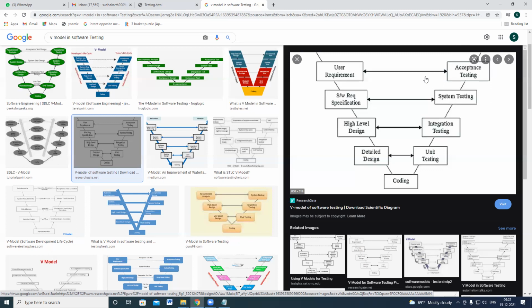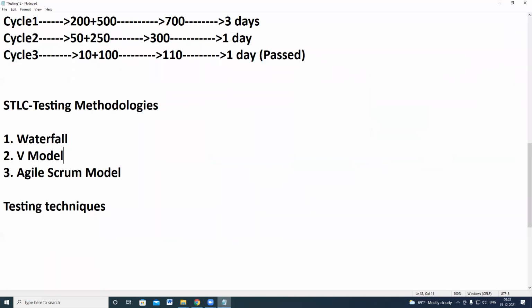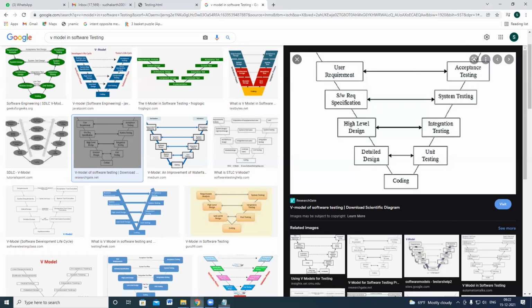Clear to everyone? So that's it. Anyway, people don't ask much about that one, but if they do ask you: the V model is for when the requirements are fixed, when the project requires long-term releases, and when there are no frequent requirement changes. In such cases, we can go with the V model. Okay. And the verification and validation activities can be performed during the user requirement phase.